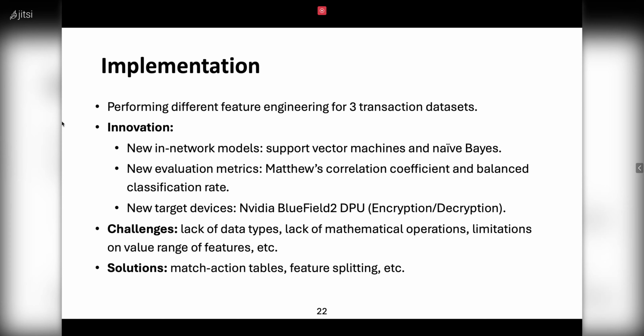These two metrics are very useful in problems where the number of samples in different classes is very imbalanced. For example, in the fraud detection field, in financial transactions, there are a lot of samples in our data set that are legal, but just a very small number of transactions are illegal. So there is a class imbalance issue here, and we want to use metrics that are better for evaluating class imbalance problems.